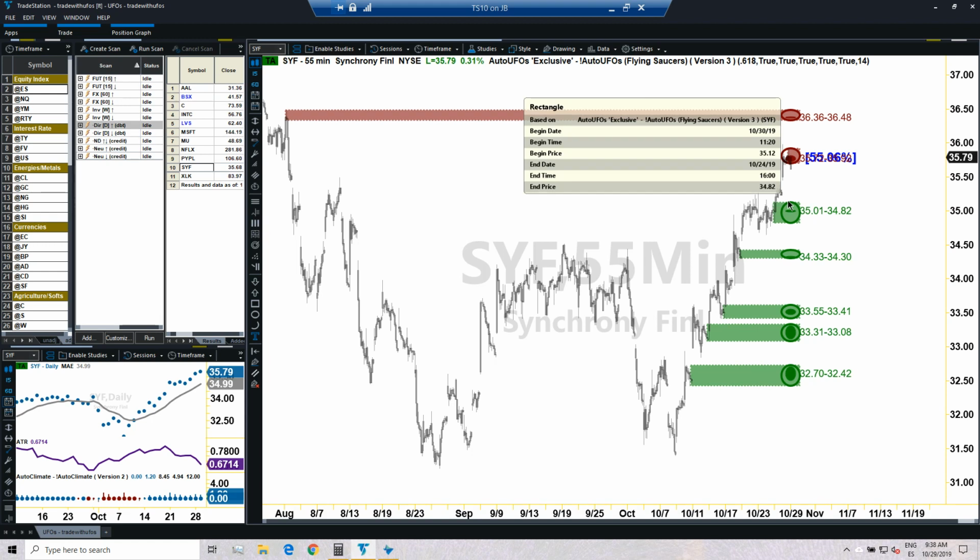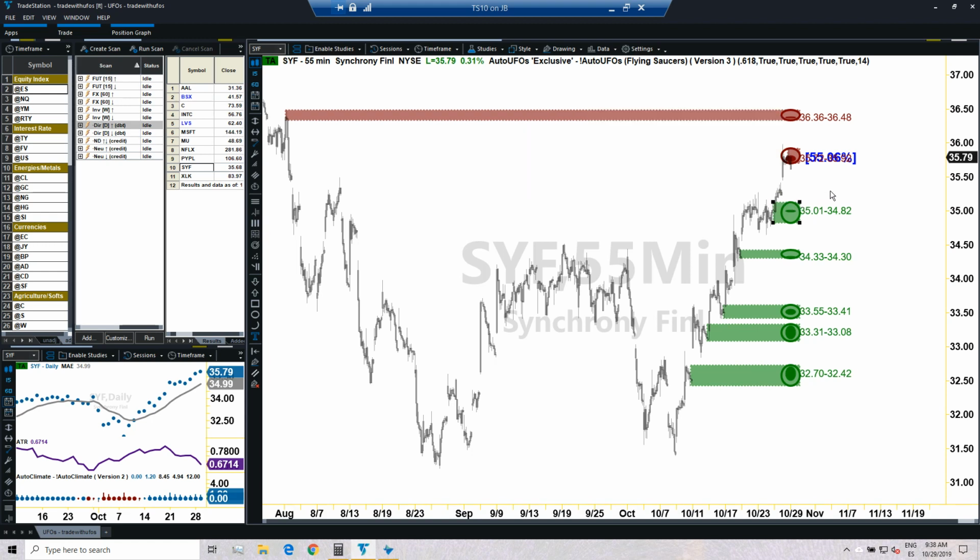That UFO is located at 35. So very nice. And that one is a little closer, isn't it? 67 cents from 35.78. If you subtract 67 cents, which is the daily ATR, you are basically getting into that UFO. So you see, that trade is worth it for me to plan. No need to go ahead and set an alert. You can just go ahead and plan it because you may get to the entry today.